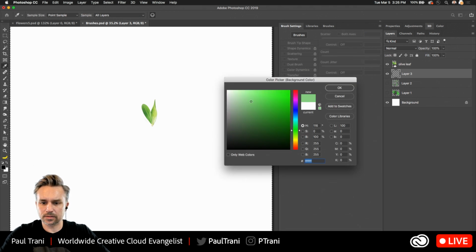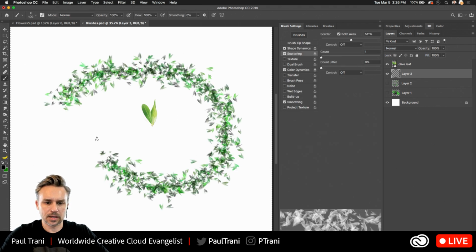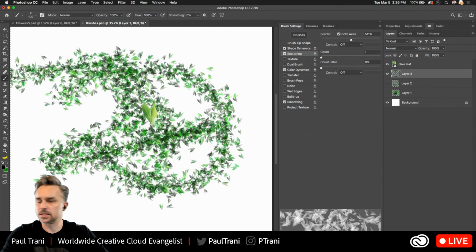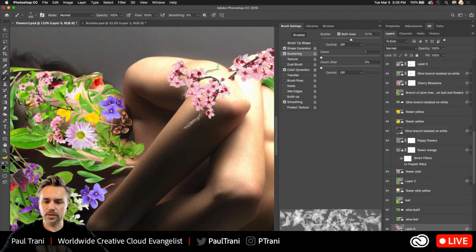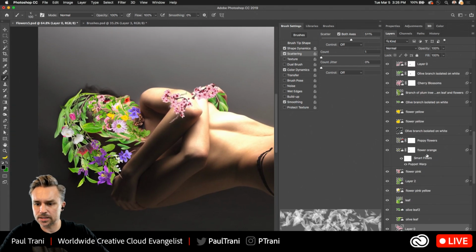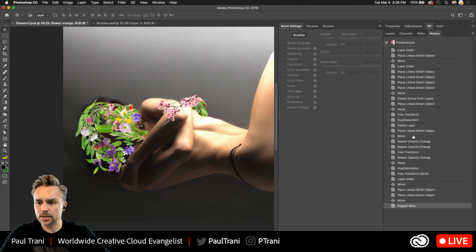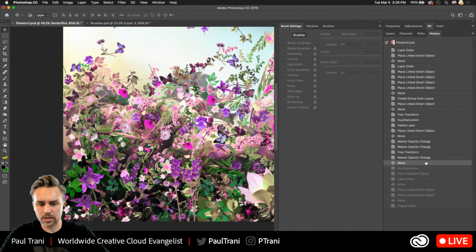Let me change this pattern color back to green, and you can see what it does, and it does the obvious. So that's what I started doing here. Let me go back into this project. Rather than manipulating all of these different little leaves, which was very complex and took me a lot of time,